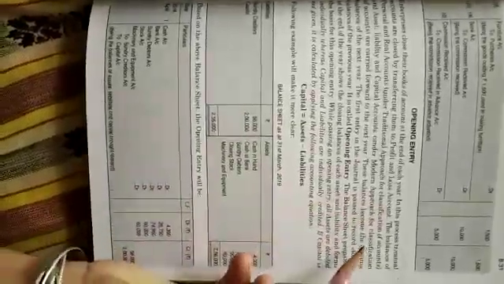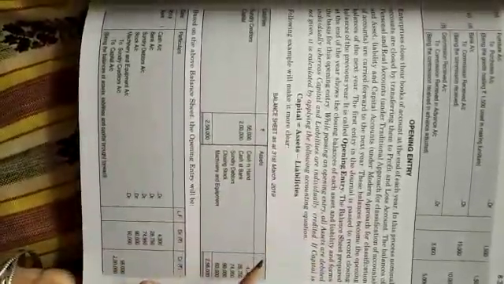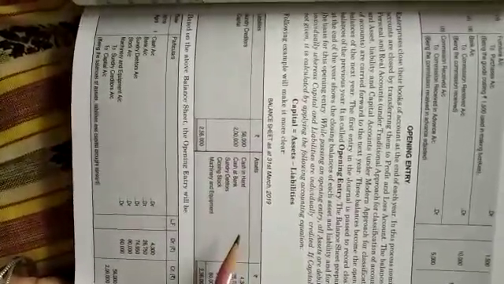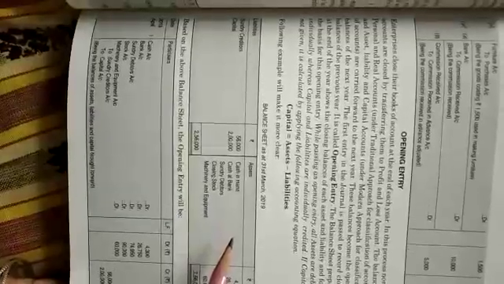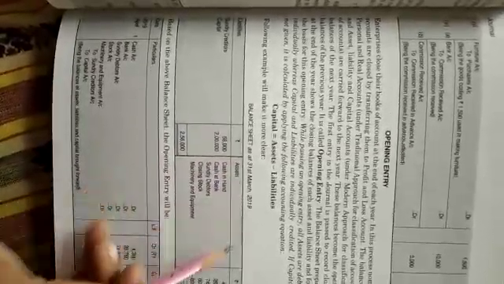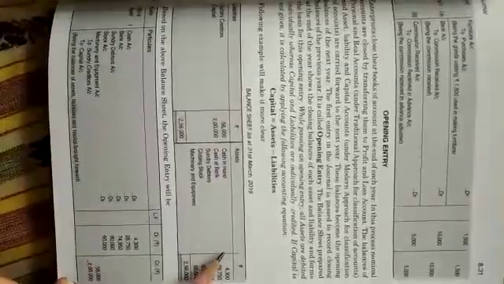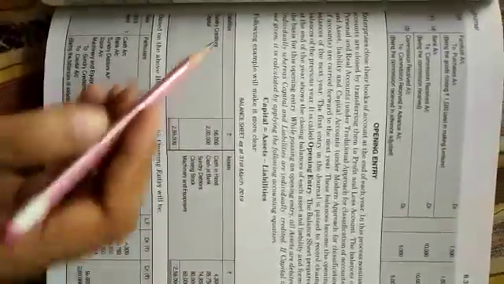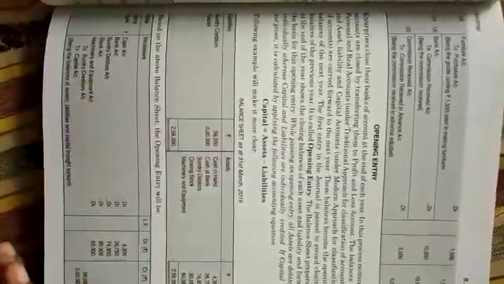Next we have opening entries. Opening entry is what? It is the closing balances of the last accounting year. So closing balances of the last accounting year, we'll take it from the balance sheet as on 31st March 2019. So see the balances, all the assets will be debited and all the liabilities should be